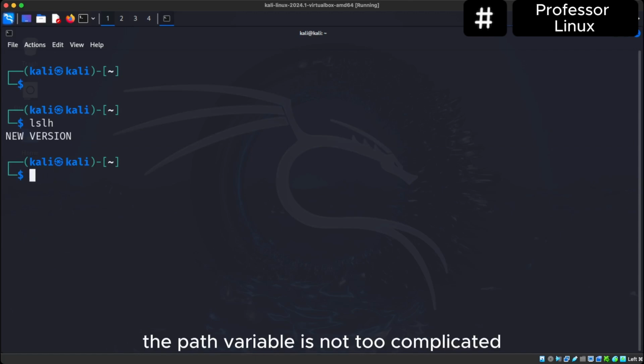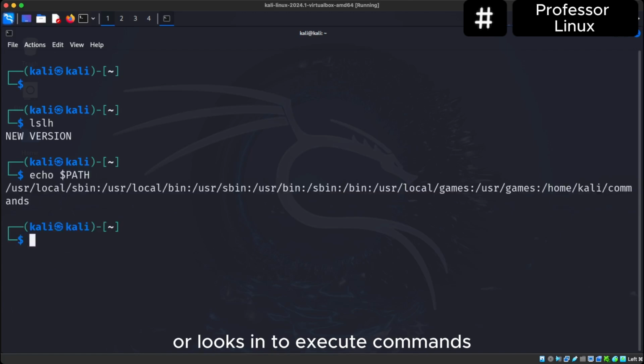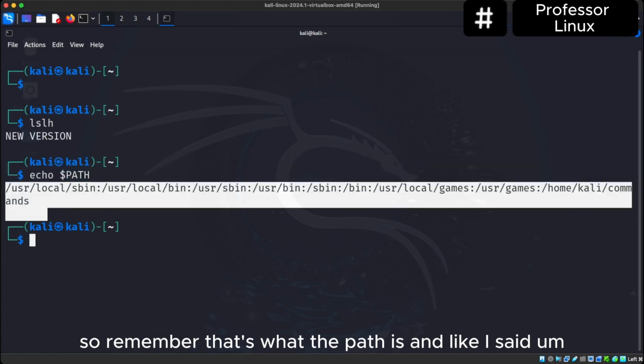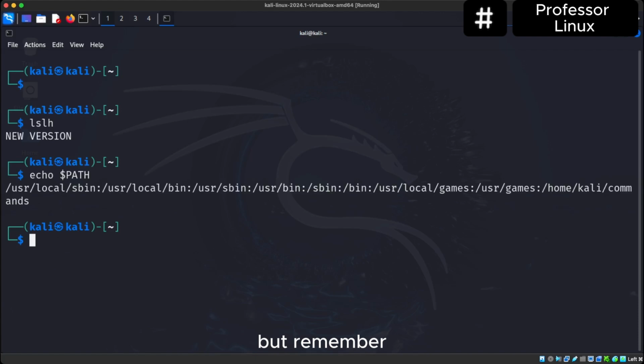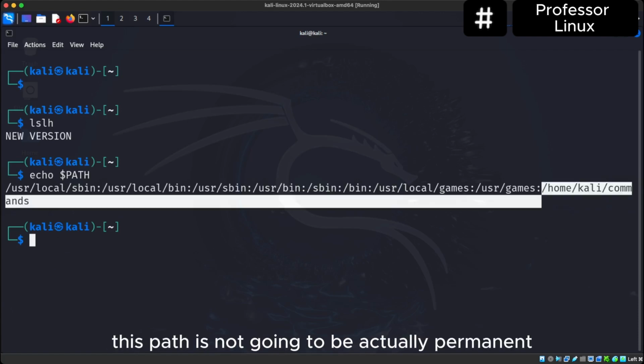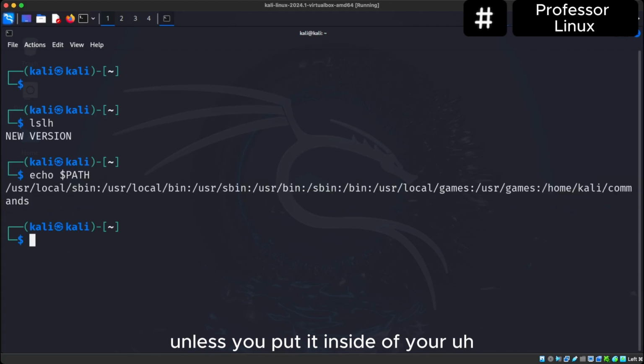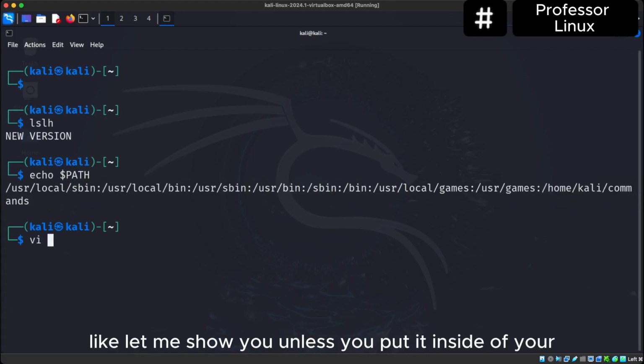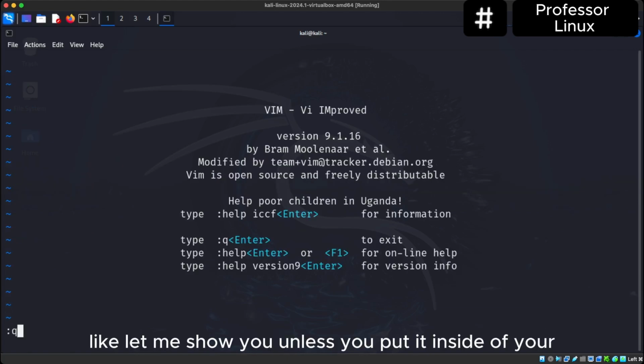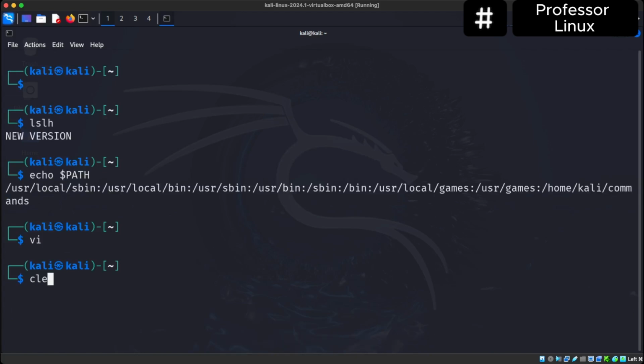The path variable is not too complicated. Remember, it's a list of directories that your system looks in to execute commands, scripts, and things like that. So remember, that's what the path is. And like I said, you can do a lot of things with this. But remember, this path is not going to be permanent unless you put it inside of your, like, let me show you. Unless you put it inside of your,